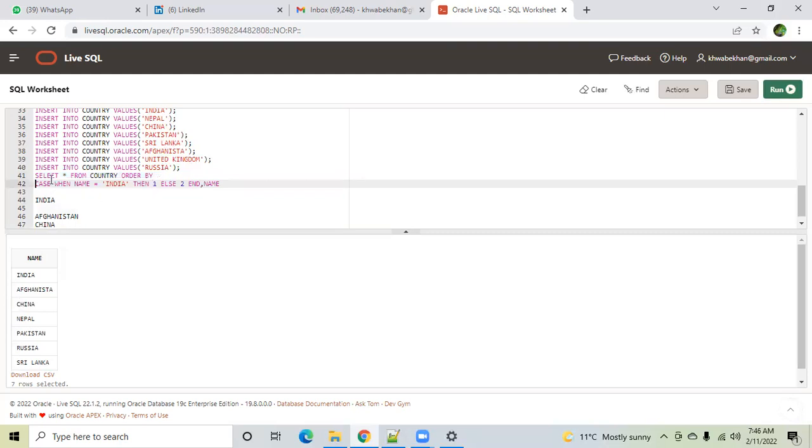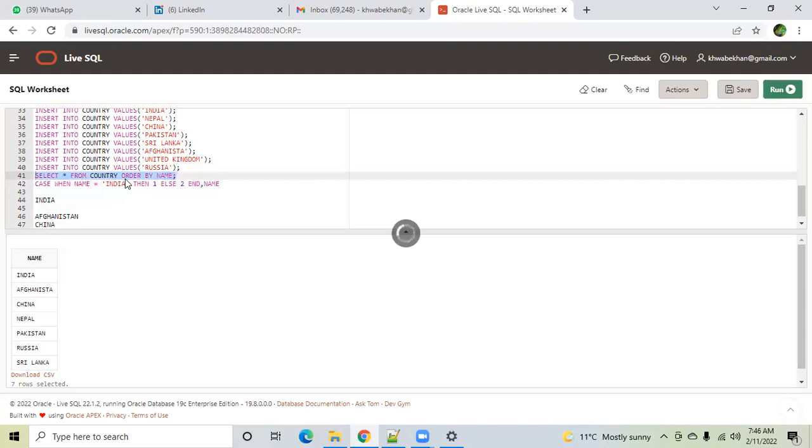What I'm telling here is, I have written select star from country, order by. After order by, the very simple syntax is to write name and you write ascending or descending, whatever you want. And one more thing, guys, sorry, I forgot to tell you. Consider this example, if I'm running this query,